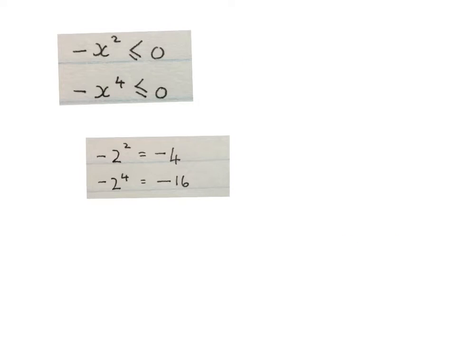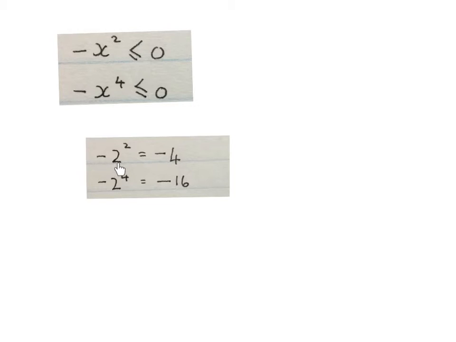If what I said in the beginning was true, then this is going to be true too. If you get a minus variable squared, the answer will be negative, so smaller than or equal to 0. If you have a negative of a variable with an even exponent, your answer will always be smaller than or equal to 0. Here's an example.